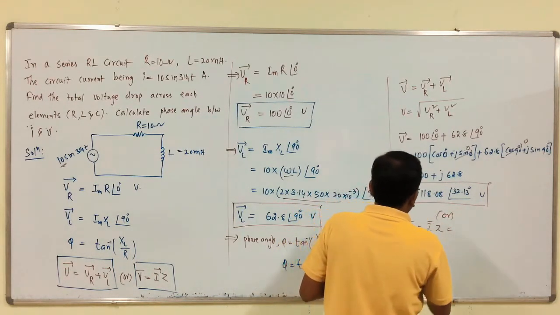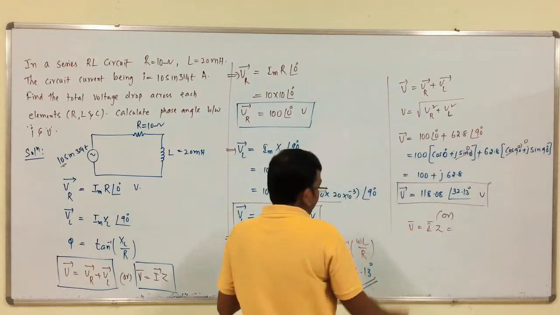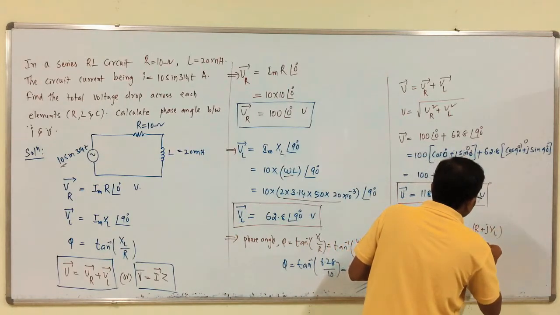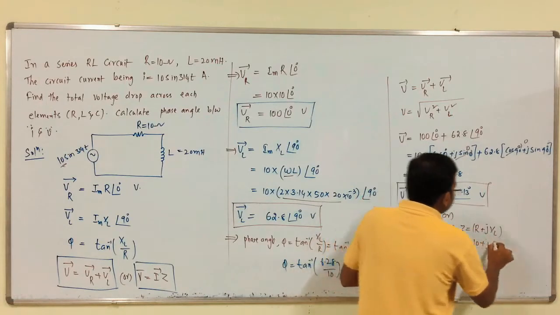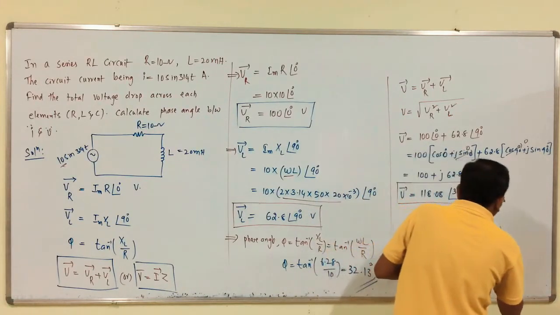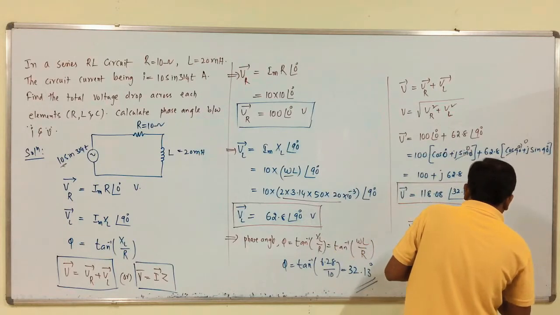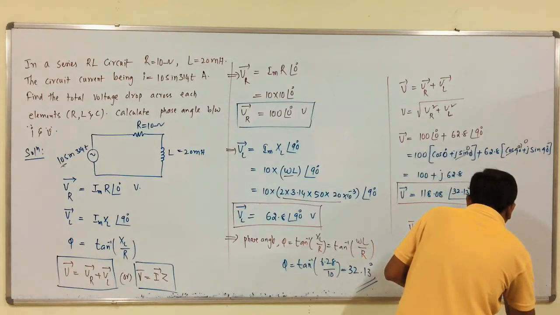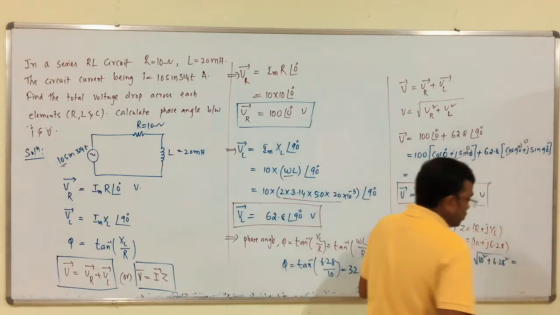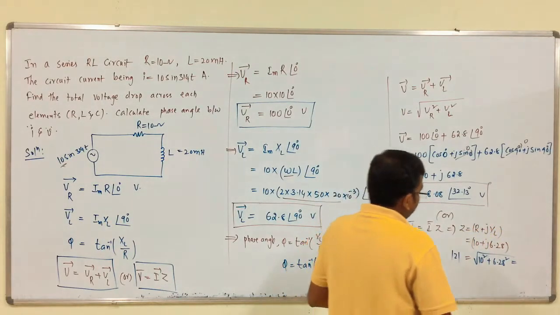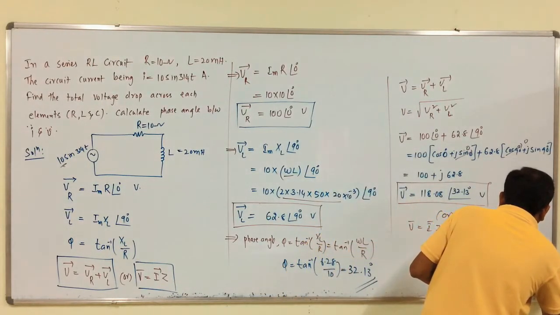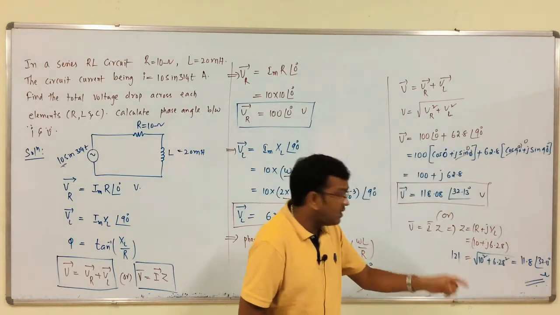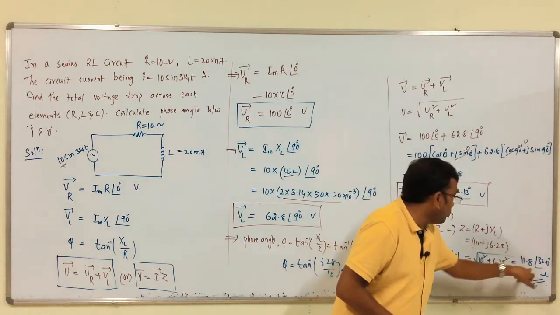Simply it is Im now. What is the value of impedance? From this Z is equal to R plus j XL, which is equal to 10 plus j into XL, which is nothing but omega L. Omega L is nothing but what? 6.28. So what is the magnitude of Z, which is equal to square root of 10 square plus 6.28 whole square, which is equal to what? 11.8 at an angle 32.13 ohms. So we have impedance 11.8 at an angle 32.13.